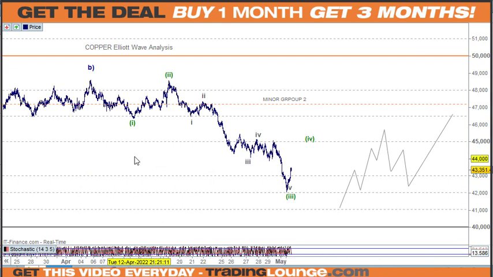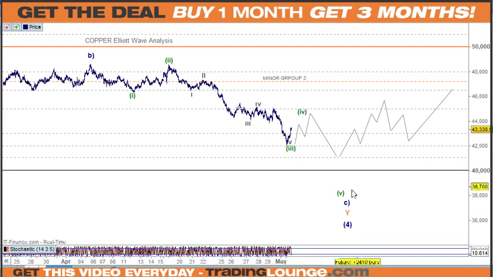This is copper here, so from wave B here we've got 5 waves here, and then with wave 1 and 2 here, and then 1 and 2 and 3 and 4 and 5. Now, I may not have that right in there, it doesn't really matter, but there is 5 waves there, but we've still got one up here as well, so we still need our wave 4 here. So I'd probably just expect this market to have some sort of A, B and C wave hitting supply there and having one more move down here, and then we need to get 5 waves over here for that. So something of that nature.